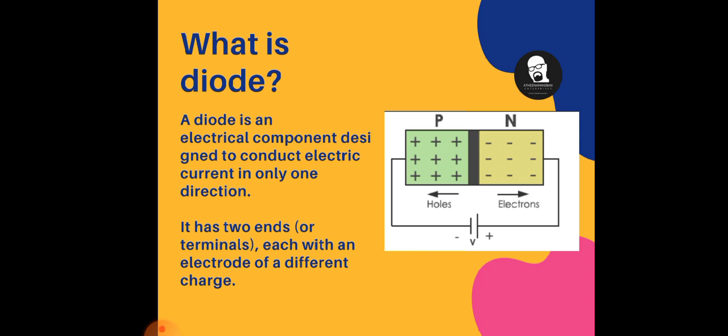Now what do you mean by semiconductor? The semiconductor is able to conduct at a specific temperature, means it behaves like insulator and conductor. At lowest temperature it behaves like insulator, and as we go on increasing the temperature it conducts like conductor, means the conductivity depends upon the temperature. So by controlling the temperature parameter we can increase the conductivity of semiconductor. So that's why semiconductor is used for manufacturing the active components, right?